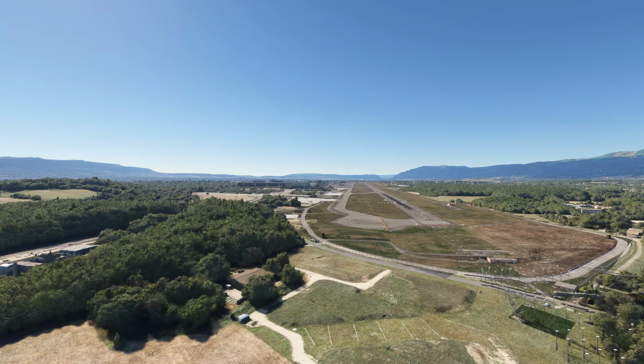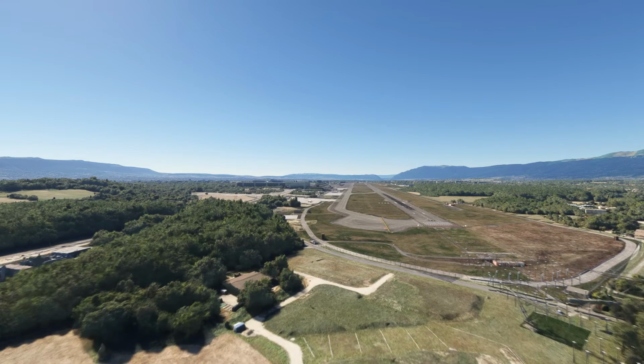I wanted a good Geneva scenery myself, so I bought this, and I thought we'd review it in detail, so we can see areas perhaps where this company or another might take on this project and bring it up to today's standards. So let's start here. We're at this end of the threshold of runway 22, and here you can see little details that they've added around the airport that make it fit in. So let's start the tour,